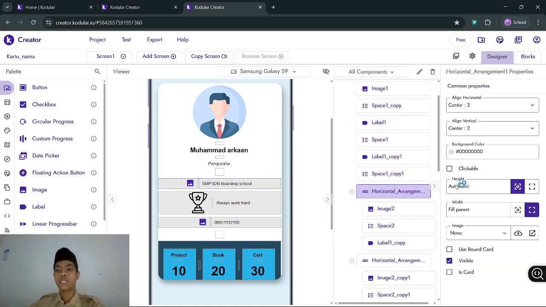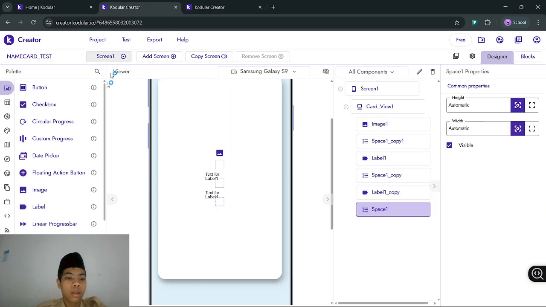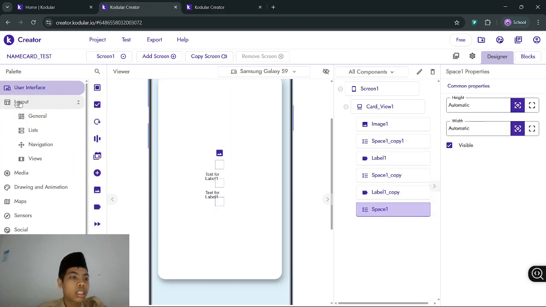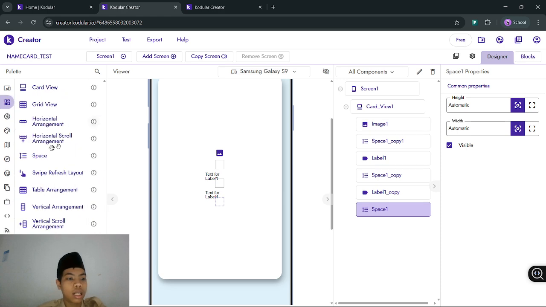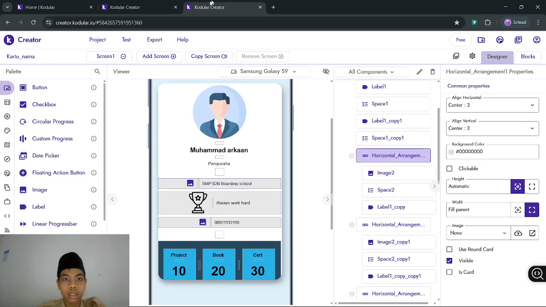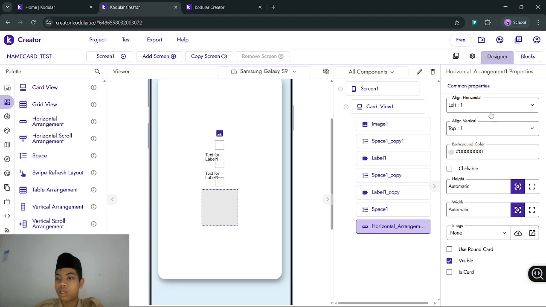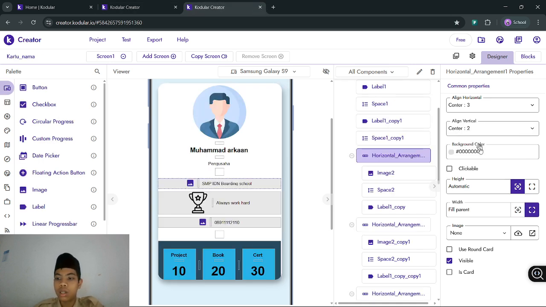we put the horizontal arrangement three times. We put the horizontal arrangement from layout general, horizontal arrangement. In here, align horizontal center, align vertical center.